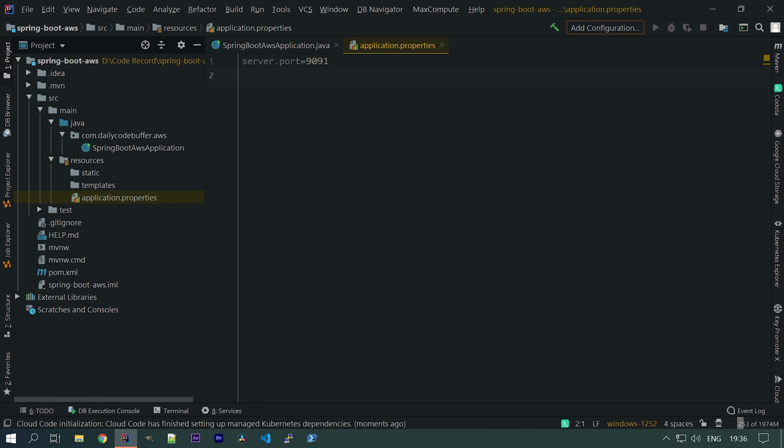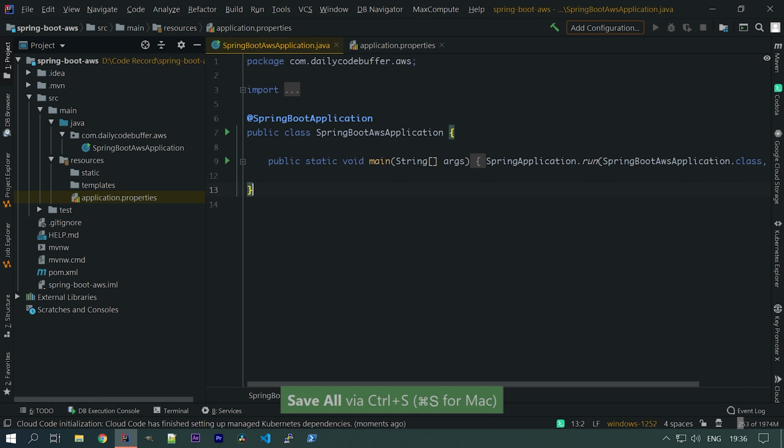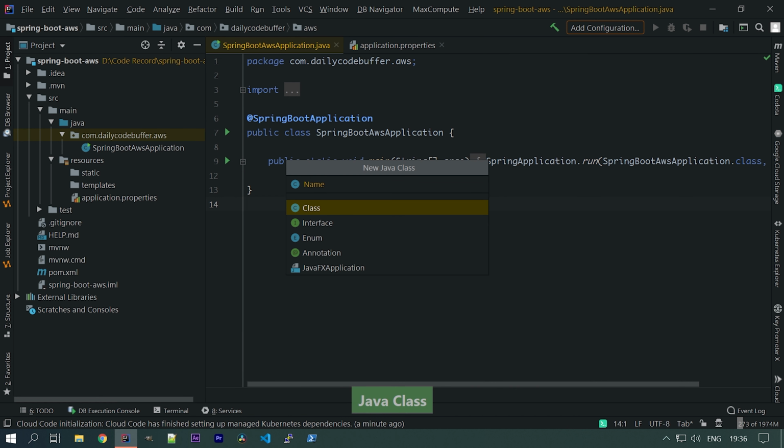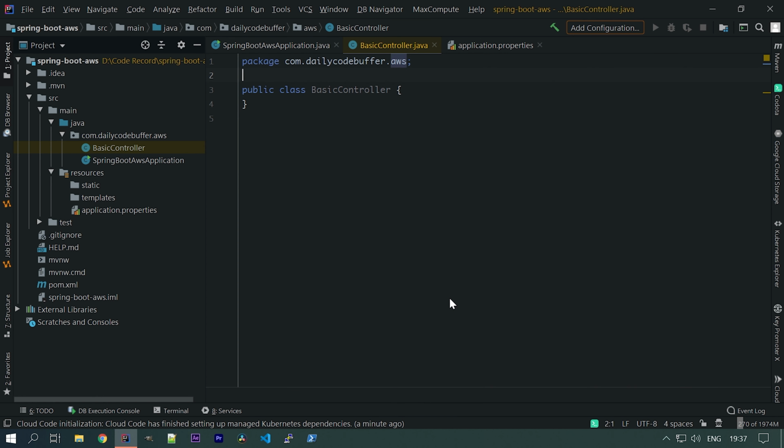server.port to 9091. Okay, and let's create one basic controller. We'll annotate it with @RestController.